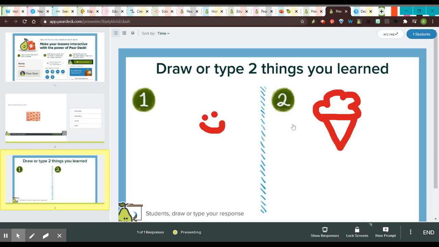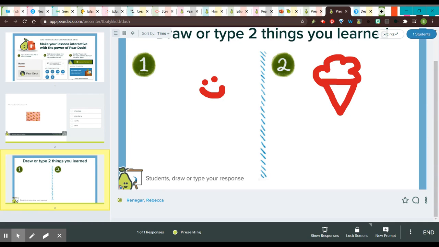Here are my responses, and when you have multiple students, you can see what they do and you can flip through. You can also give feedback to your students from this slide, as well as starring answers to say, hey, take a look at this. I can also hide their response. So if I wanted to